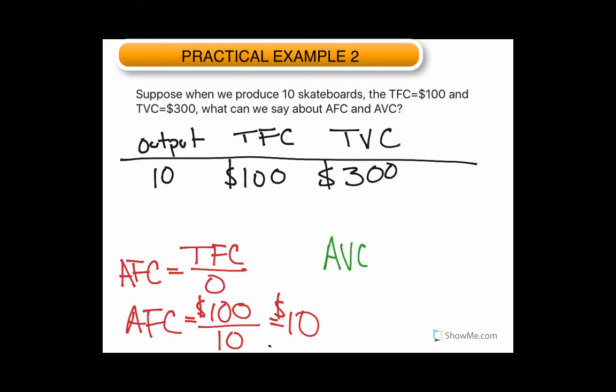And what can we say about average variable costs? We know that average variable cost is going to equal the total variable cost divided by output. So in this case, it will be 300 divided by 10. So average variable cost